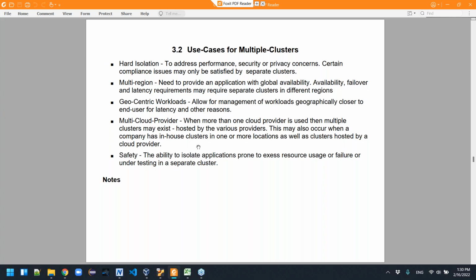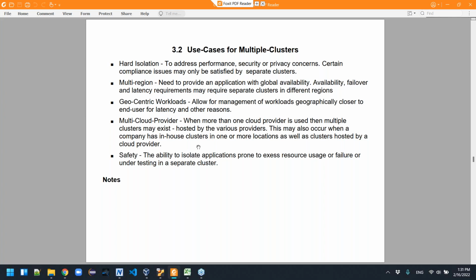You usually have to tell it, I want to run this stuff in the East region, the Southern East region, or the Western region, something like that. Okay, so you may want to run the same application in multiple regions, just so that it's closer to the users,